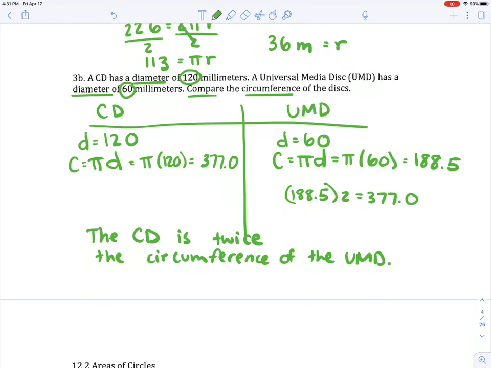Alright, so that's the end of section 1. You can now begin